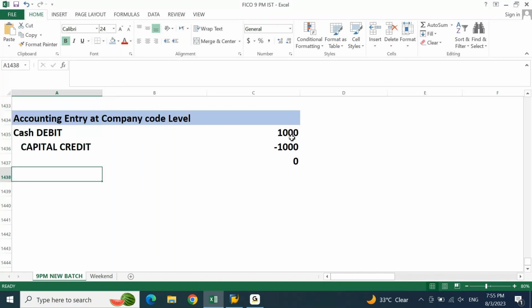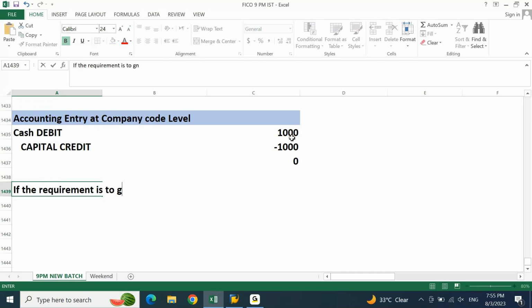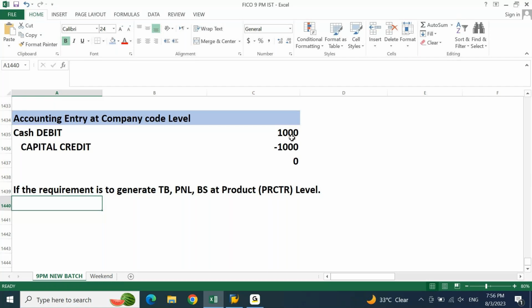Let's say the requirement is to generate TB, P&L, balance sheet at product level. In short, I'll write PRCTR. Wherever I put PRCTR, assume that this is profit center. If the requirement is to generate TB, P&L, balance sheet at product level,